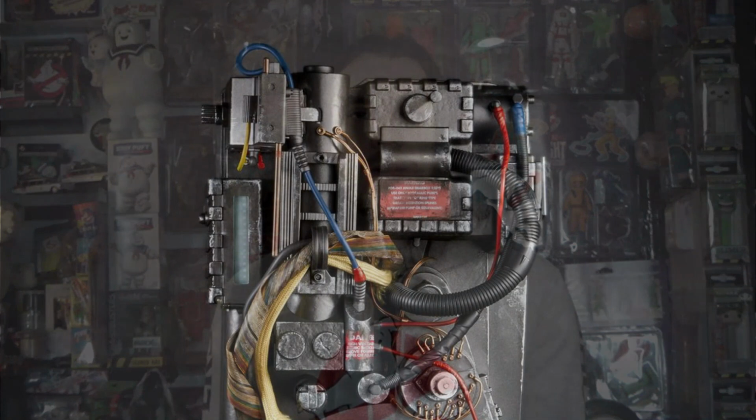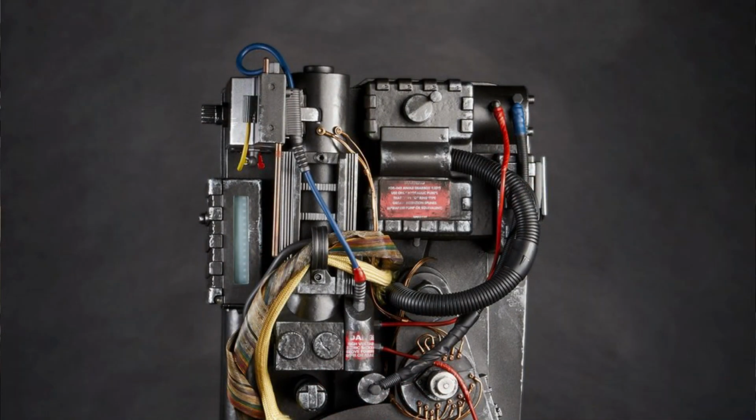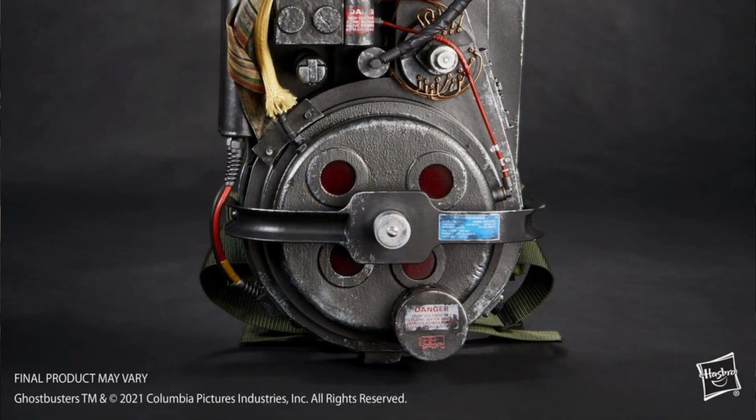So, have I backed the pack? Yes, I am backing the pack. It's not going to replace my full-size pack. I have a Ben Kent pack, I've had it for years. It's not going to replace that as my main cosplaying pack. This is going to be specifically for display purposes. I'm going to keep it as the Afterlife pack because my normal pack is a